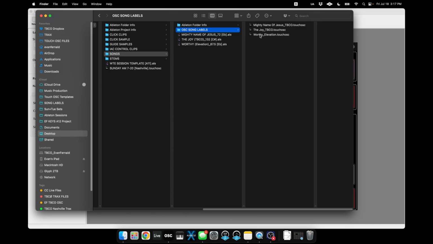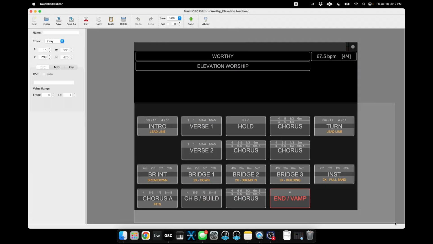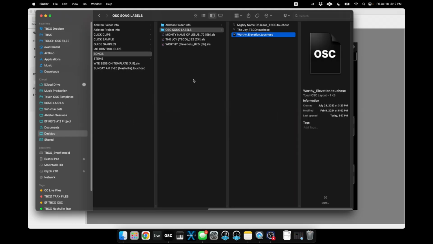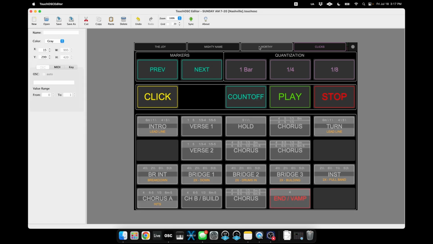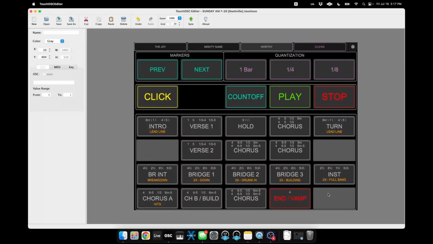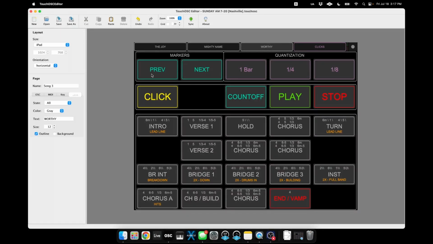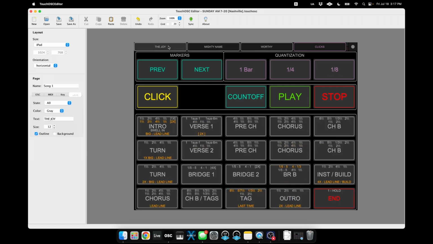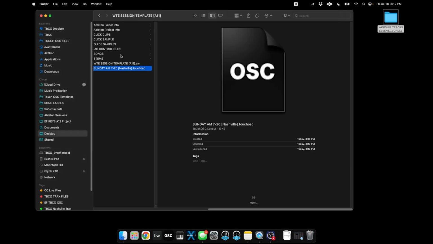And then we got Worthy. Remove the extra buttons. And there we go. So those are 3 songs for the set. That one's ready. We're going to set that aside. And in this next video, we're going to look at building the Ableton session, and then we'll come back and map the Touch OSC file to the